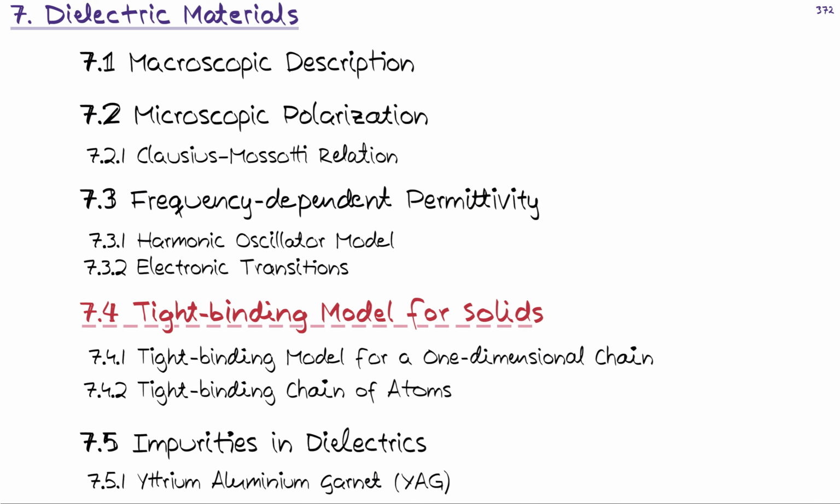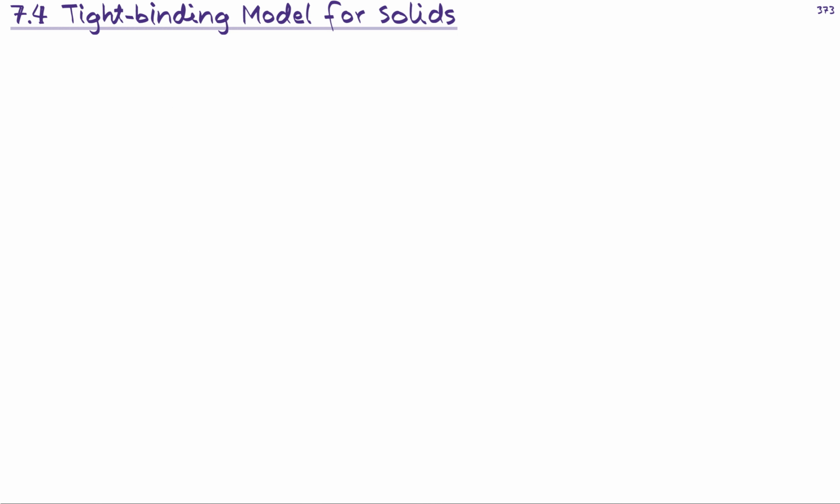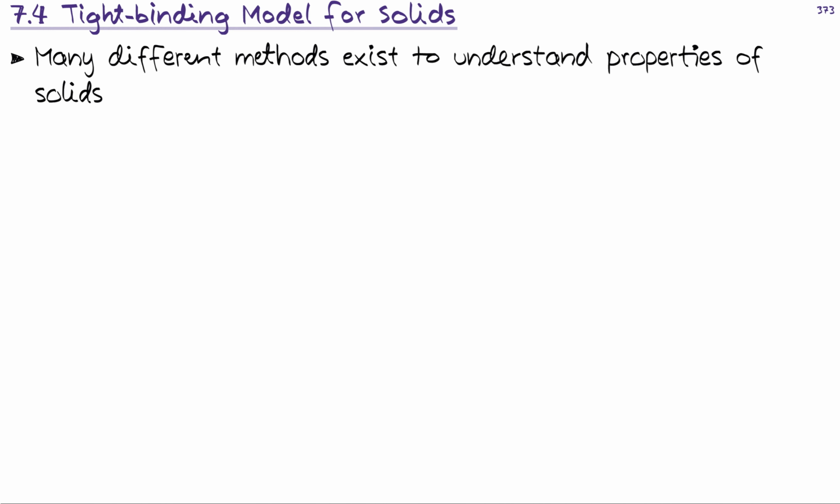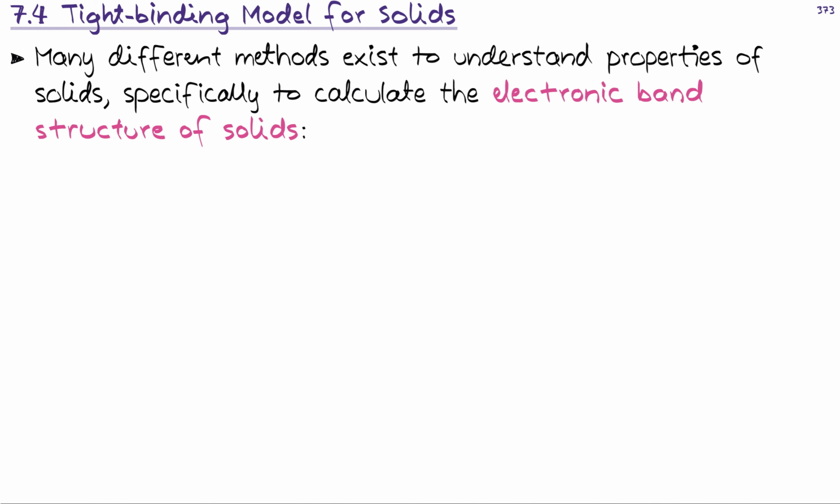We have a lot of things to cover, and first I want to highlight to you the main philosophy behind this chapter and this section. I will start with the very basics regarding the tight binding model for solids. Like I said already, many different methods exist that we could use to understand the properties of solids. Essentially, what we are aiming to understand here is not as much the thermal properties, but rather the electronic properties and how different band structures are being formed and how they dictate the properties of materials.